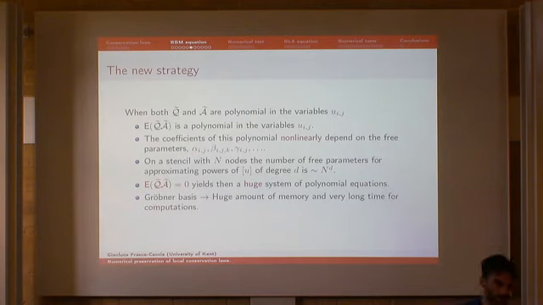So all the coefficients of this polynomial have to be 0. So for each coefficient, you have an equation to solve. And this equation is in general non-linear for this polynomial because things are multiplying each other here. Parameters in Q are multiplying parameters in A, so they're at least quadratic. Moreover, if